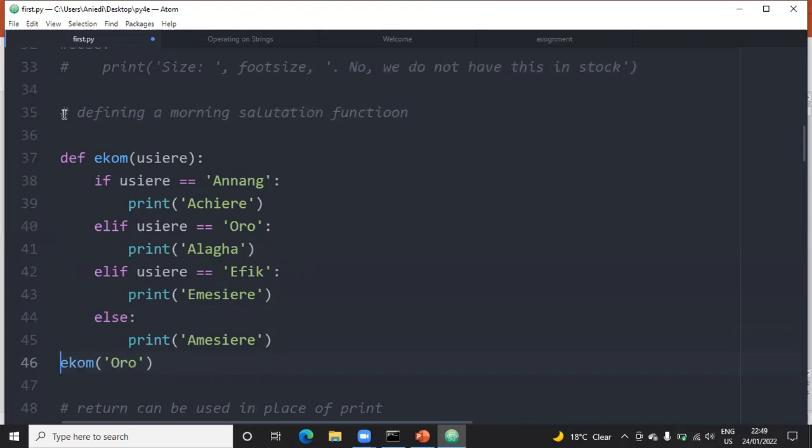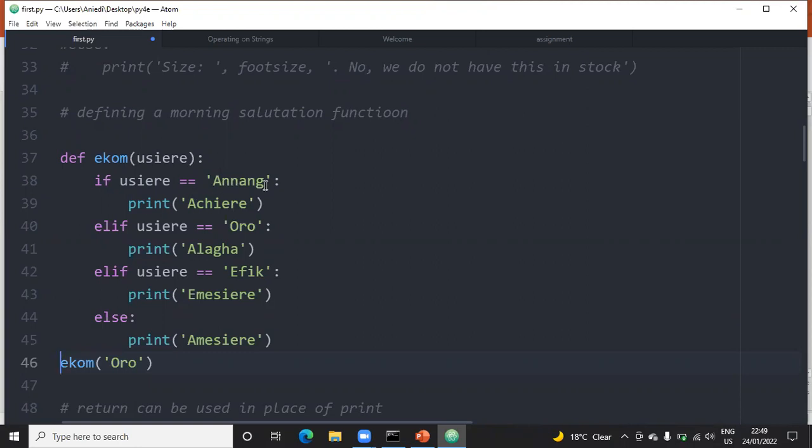Most of the things we are calling on Python are functions. Supposing we want to create a function for Python, calling it a com. A com in our language means greetings. Suppose you want to tell Python the word a com means greetings, so that anytime somebody writes Python and types the word a com, it's going to want the person to call a greeting. So we now say if the person greets Usiere,